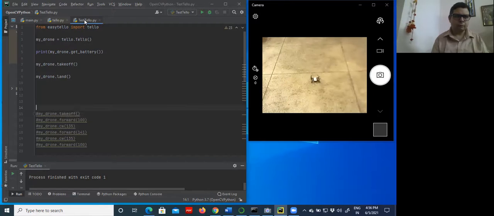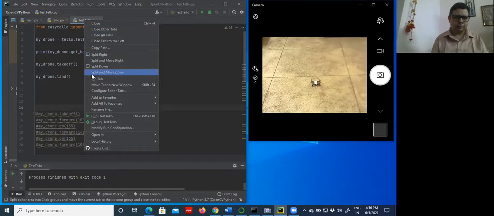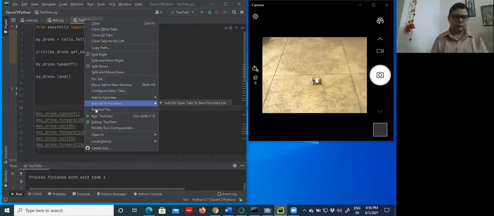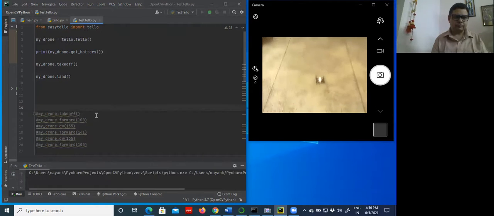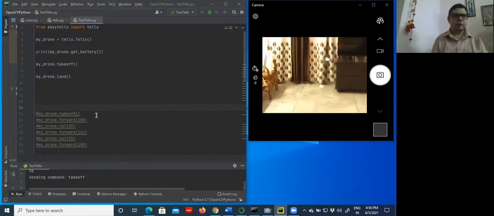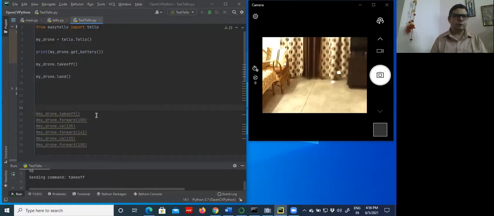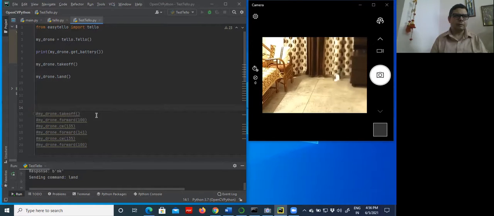Now I will run this program so that you will see the effect of three commands: battery, then takeoff and land. It is showing the effect of the three commands.